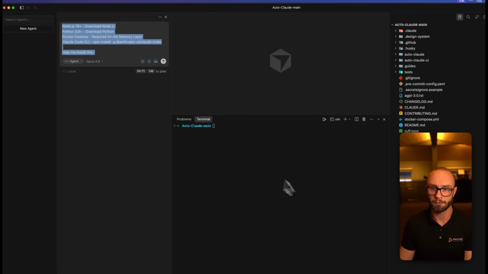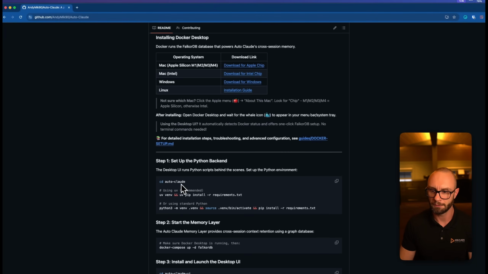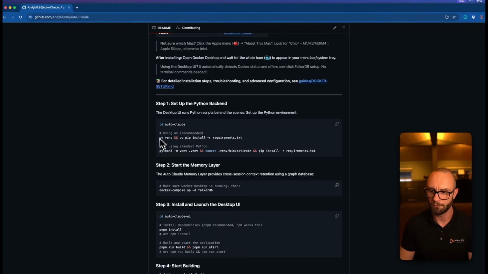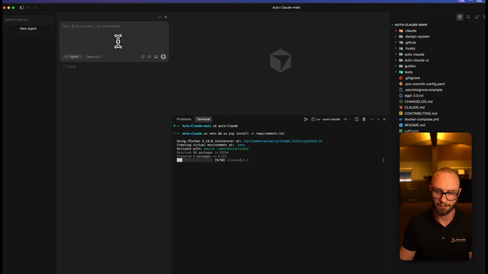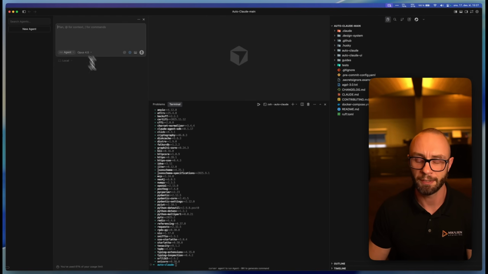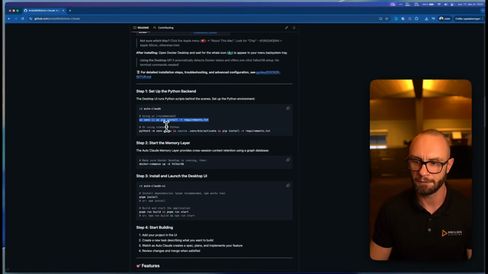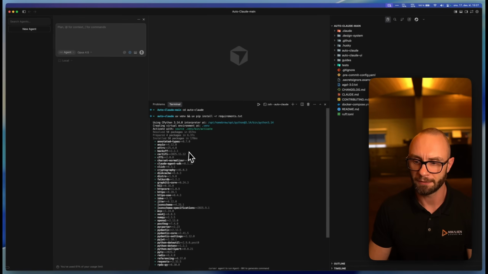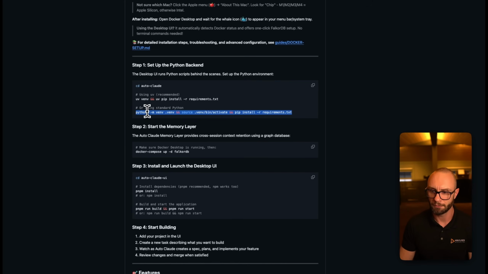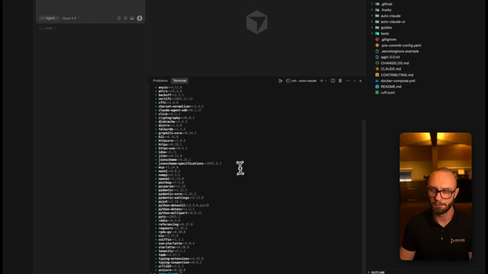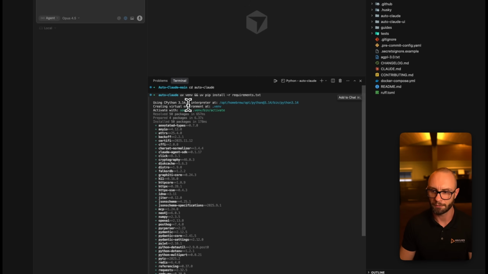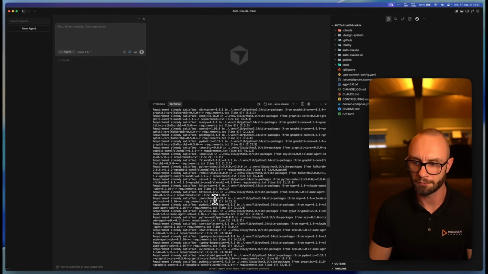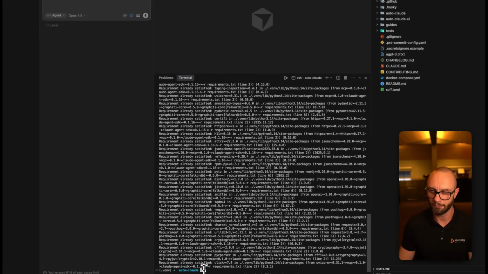Once everything is installed, you're just going to do the first step here, which is to run these commands inside the terminal. So if you don't have UV, you can basically just tell Opus, or the agent you have inside Cursor or any other AI agent, to help me use UV, which is basically just for managing the packages in an environment. Or you can try this also if the first command here is failing. That will basically spin up a virtual environment and install everything, so now it's ready to be used.